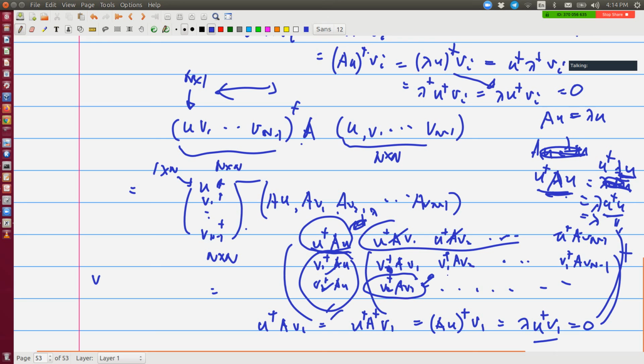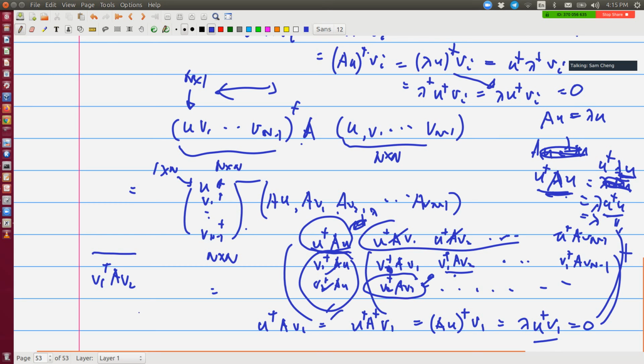Actually, first of all, I don't need to care about the complex conjugate because these are all just numbers. So I just want to show this is the complex conjugate of this guy, so then it will be Hermitian, right? But this is obvious, right? Because I have V1, for example, I look at just this term, V1 Hermitian A V2. The complex conjugate of this guy